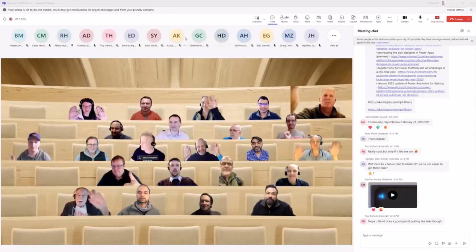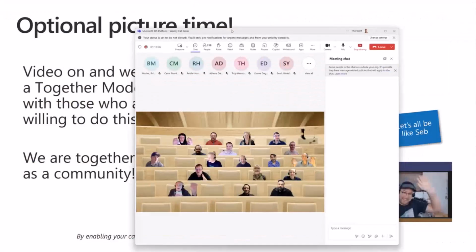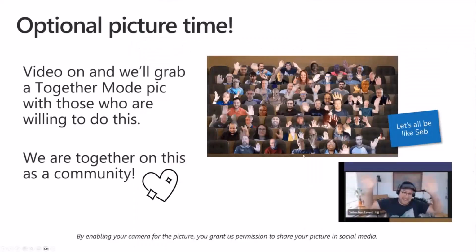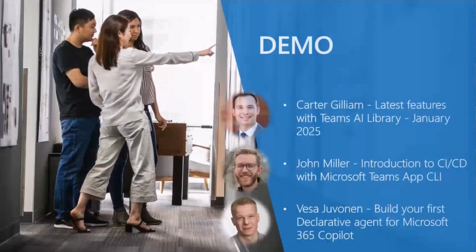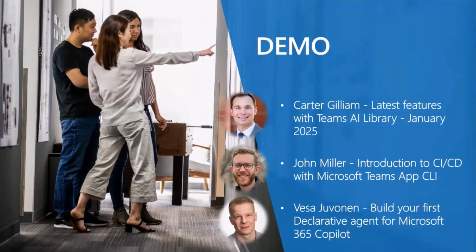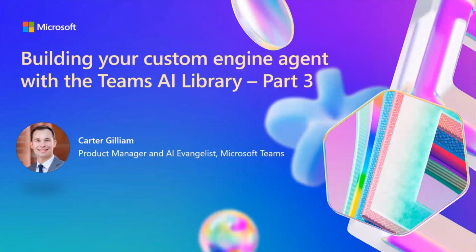Excellent. Brilliant. Now let's go to the actual stars of the day, right on the schedule. We'll start with Carter on the Teams AI SDK and the latest features there, and then we move to John Miller, and then I will take the last demo of today on declarative agents. But Carter, I can see you starting the screen sharing. I can see the screen. I think we're good. Audio is there. All right, thank you, Vesa. Take it away. Everyone can hear me and see the screen. That's always a great start to the presentation.